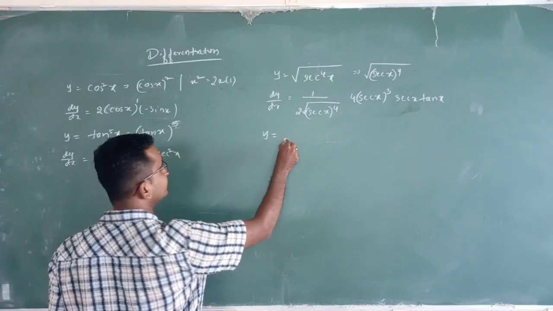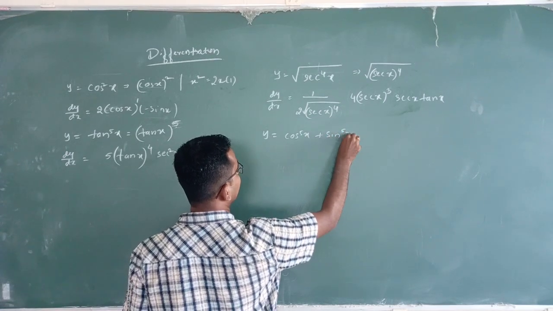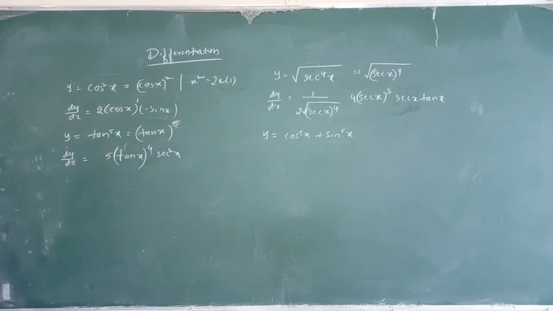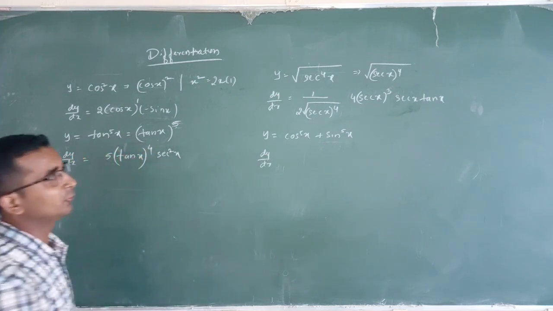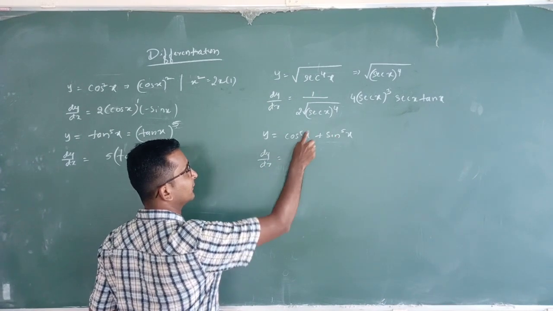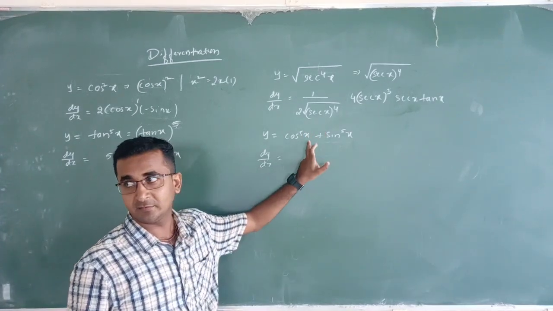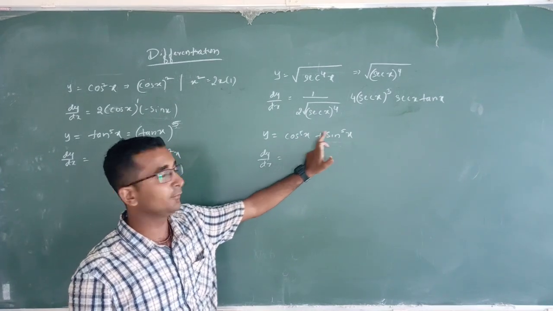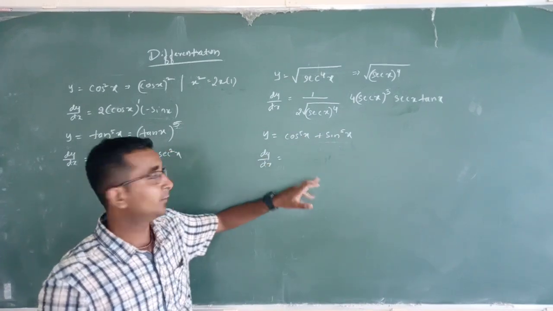y equal to cos raised to 5x plus sin raised to 5x. Now it is in the form of u plus v. Is it? U plus v. Differentiate the two separately. Then dy by dx is, so after this class I will give some examples as homework for you. Getting? Then it is again x raised to 5. This is also x raised to 5. But in between what we have? The plus. If plus is not there and it is a multiple, then it is u into v. If we have a difference, then it is u minus v. If this sin raised to 5x is the denominator, then u by v. Getting? Okay. Now it is u plus v.